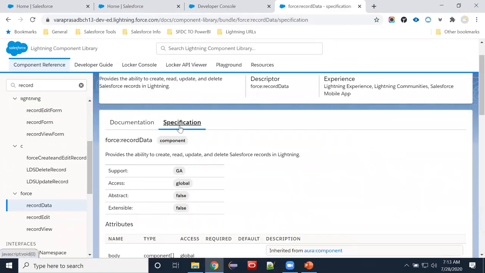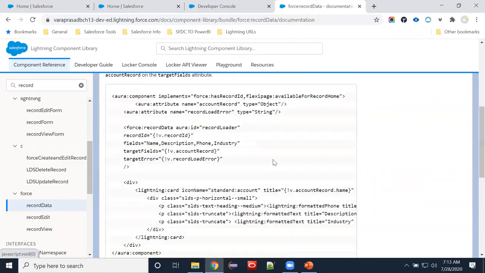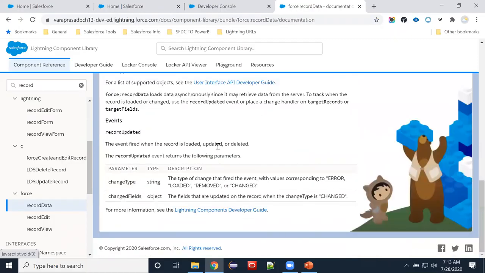So here you can see methods also. Here they are not specified. We have getRecord, getNewRecord, all those methods. We can use those methods also, right?